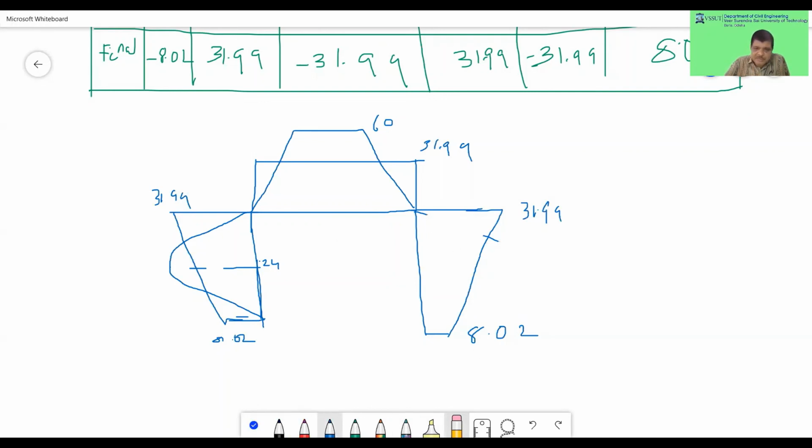And then it will come like here, and take this value. So now the diagram is positive here, negative, negative, negative, positive, negative, negative, positive. Okay, so this is the bending moment diagram for this frame. It will be symmetrical on both sides because the loading is symmetrical. Now this is basically the boundary lines of the bending moment.